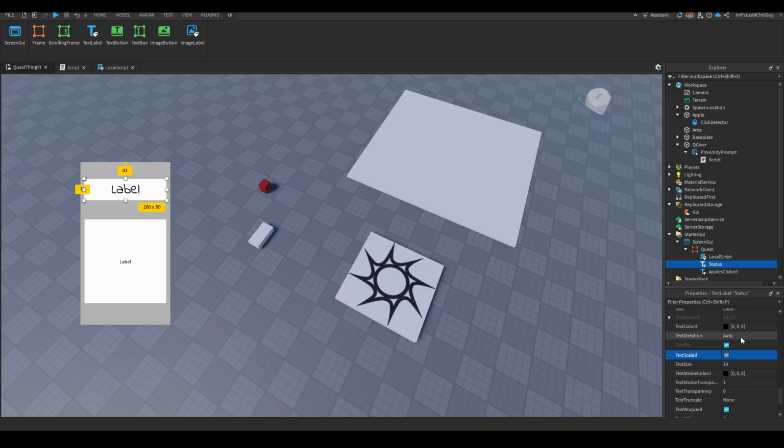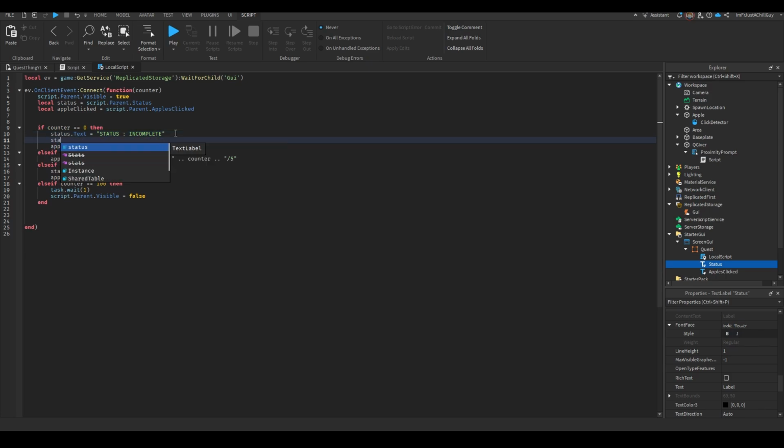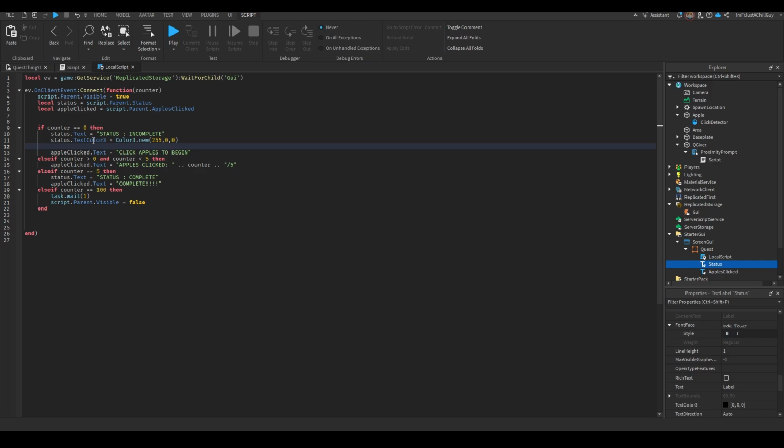Now, whenever the status is incomplete, I want the status dot text color3 to be equal to Color3.new(255, 0, 0). So whenever the status is incomplete, I want the text to be red color,